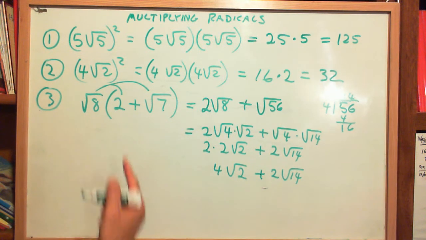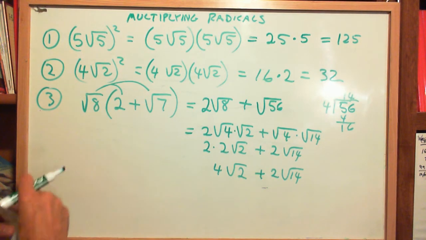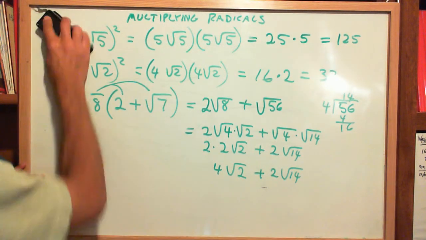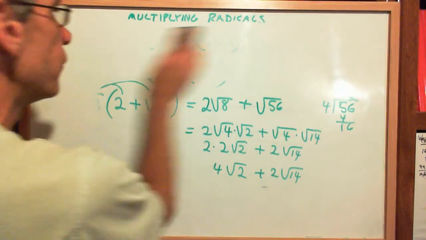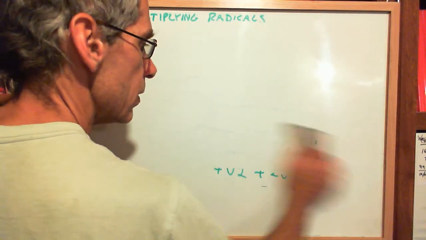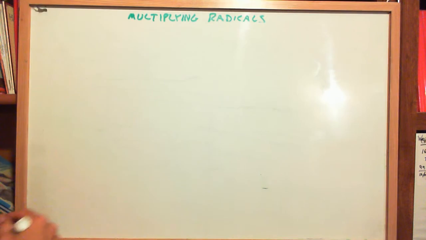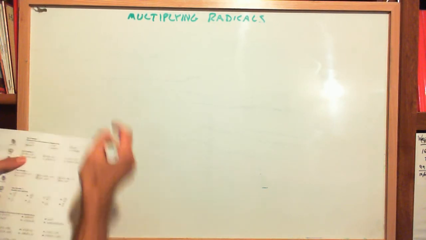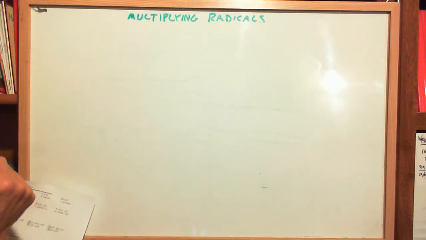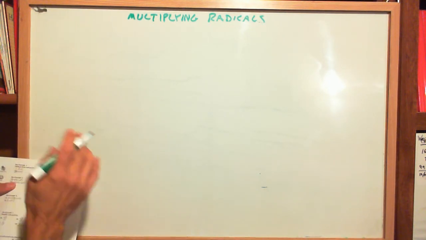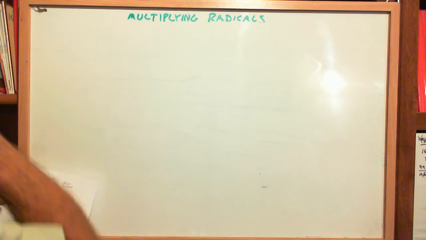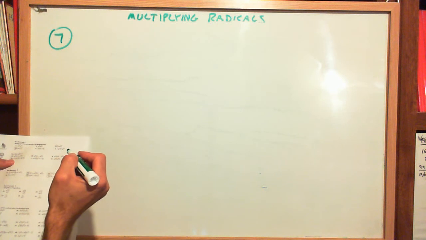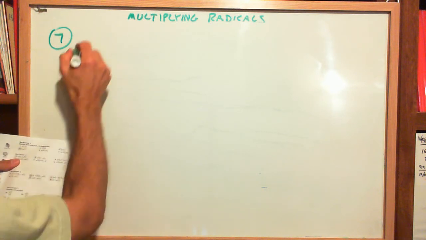So that one was a little trickier. Alright, so let's erase all this. We're just going to do a few more of these multiplies so you get good at them, and then we're done. Let's see, I forgot what number I was on. I don't know. I'll just say 7 just in case. I could be way off. So anyways, how about the square root of 3